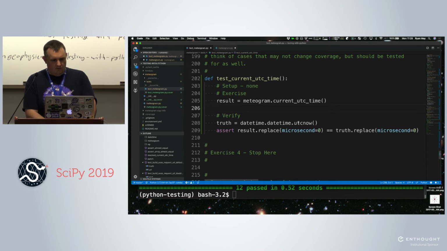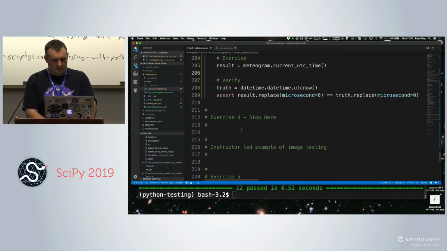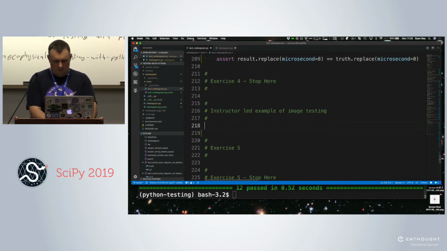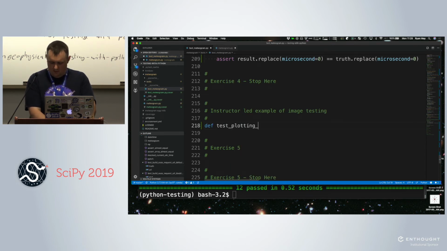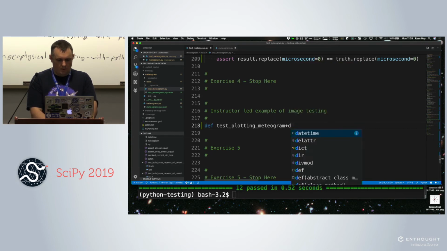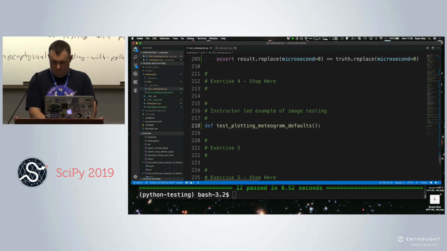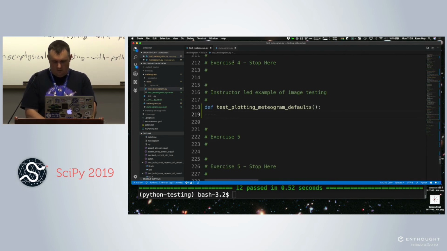So if we want to make an image test, just like before, we're going to define a function. In this case, it's going to be a function that generates a plot. And I guess I should show you over here.